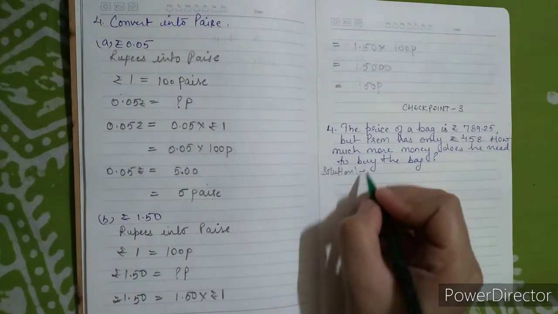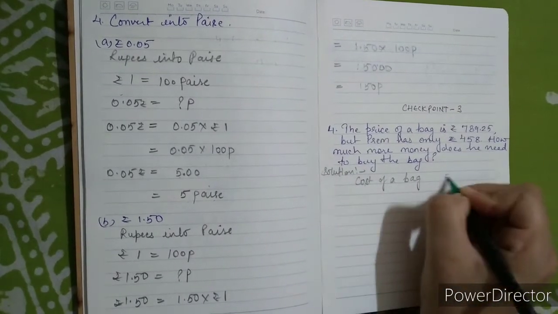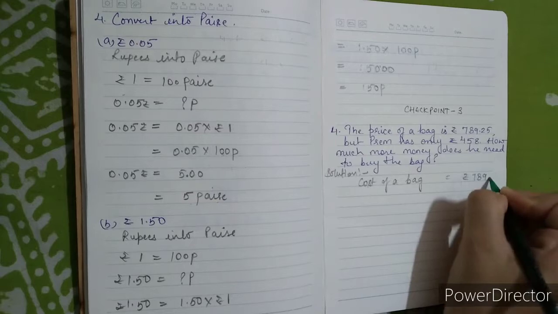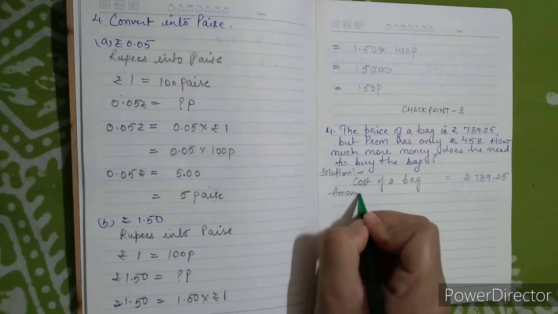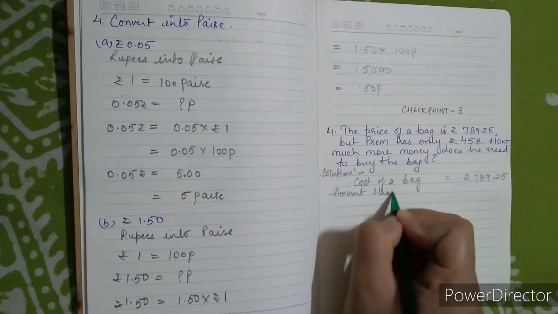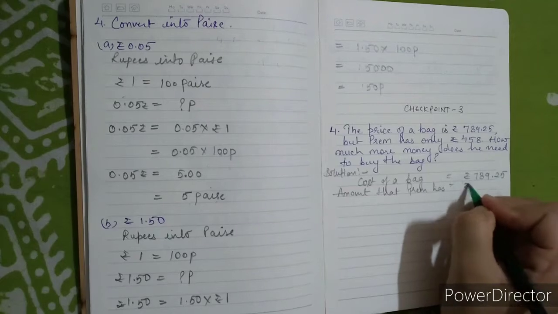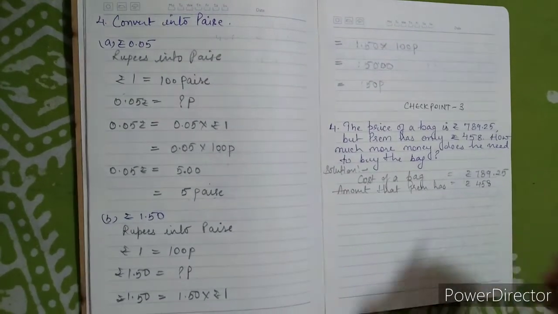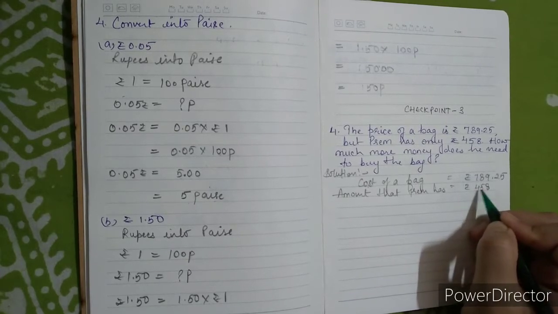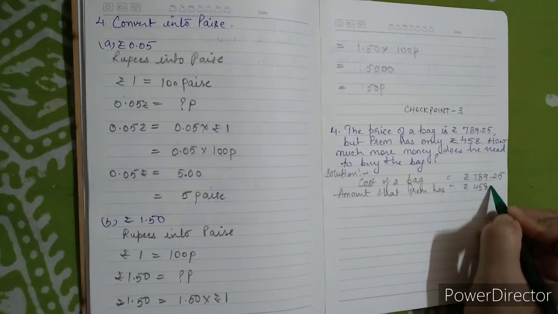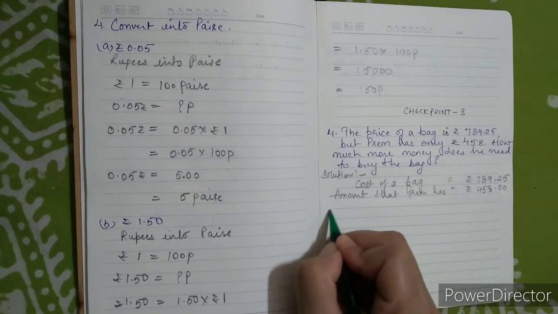As we know, the cost of a bag is rupees 789.25. So amount that Prem has is rupees 458. So as we can see, we have written 789.25 and in this we have written 458. Then we'll put decimal and then we'll write 00. Okay. Now in the next step we will write